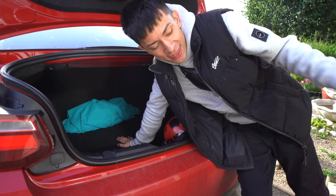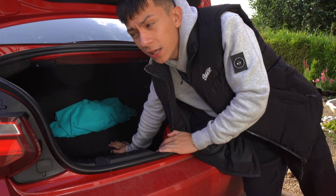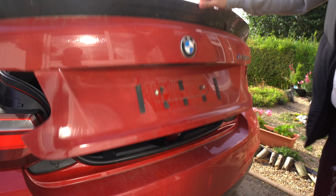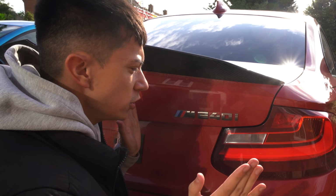Just before we get that installed, there's one thing I want to do to the Beamer. A bit of a controversial thing, I guess, but I'm going to do it nonetheless. It includes this badge right here. What am I doing to it? Well,